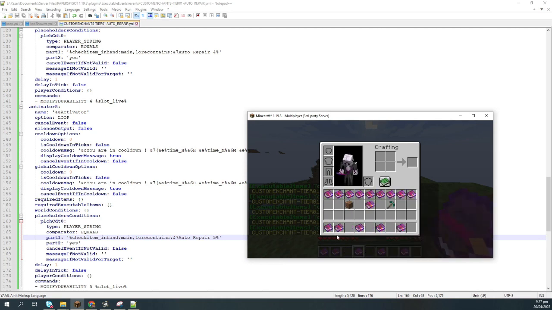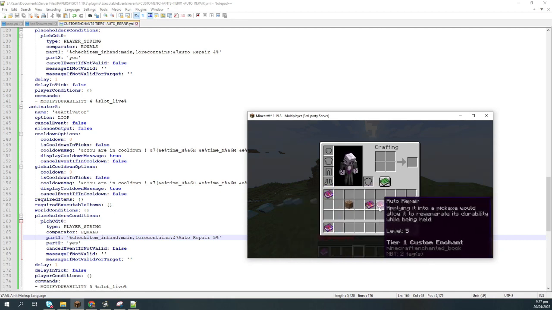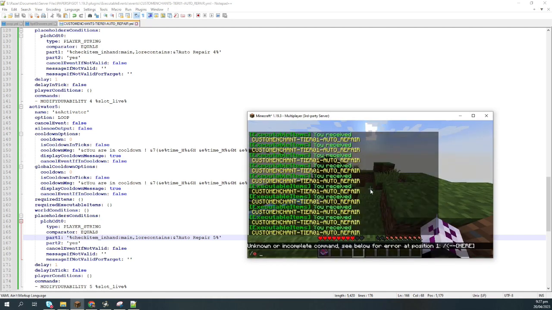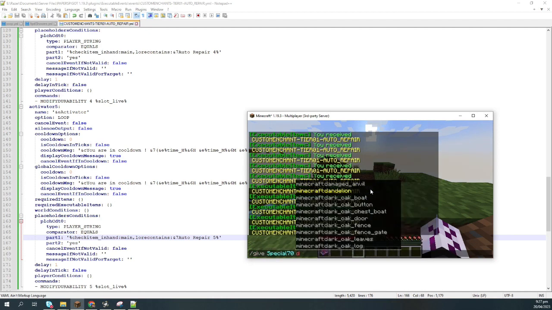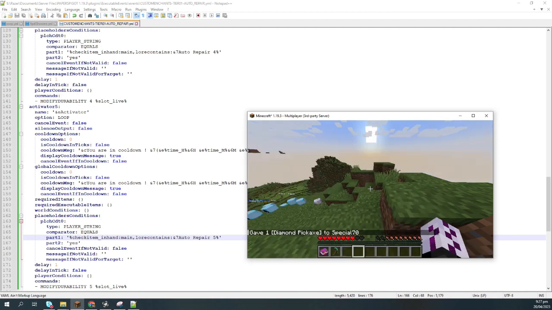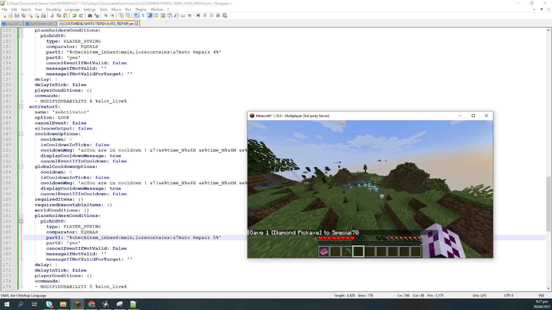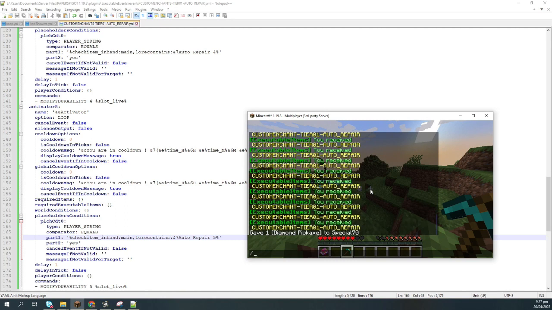This, this, combine. Okay, it's working. You cannot combine, and give ourselves a new diamond pickaxe. Okay, and let's apply it to this one and let's just run score run player command